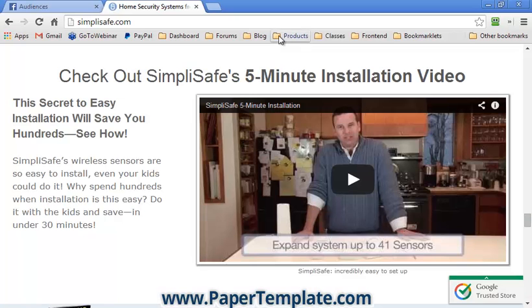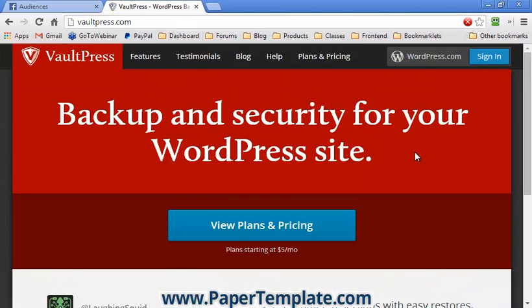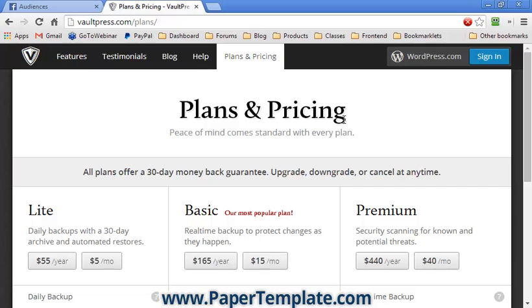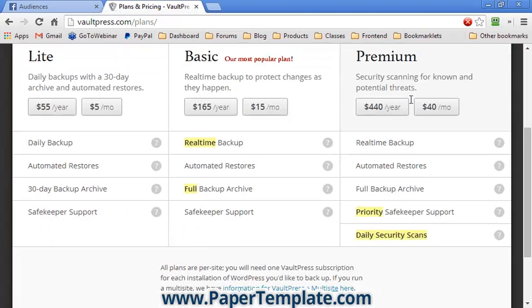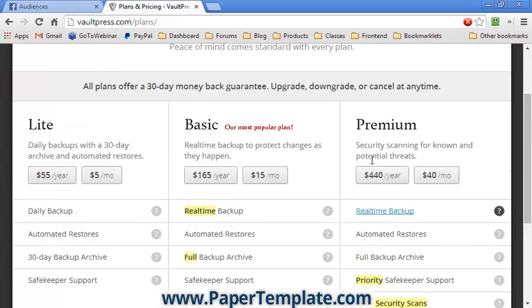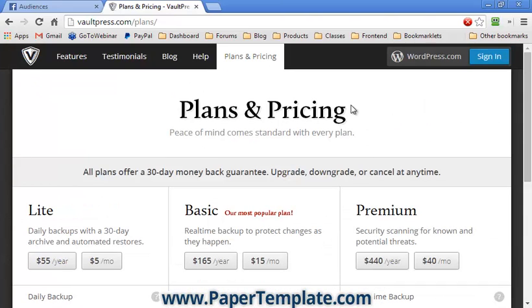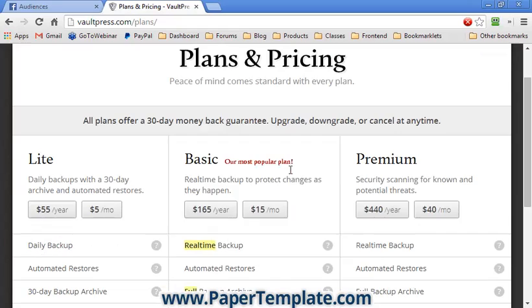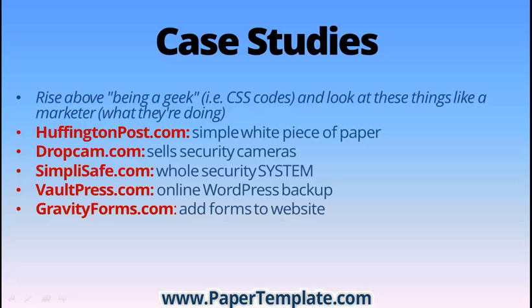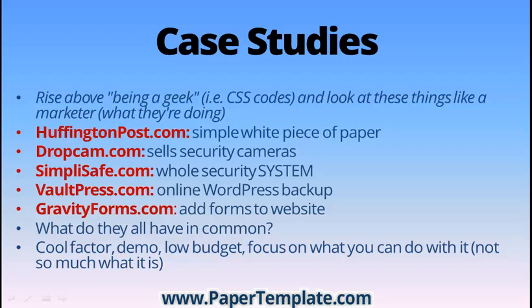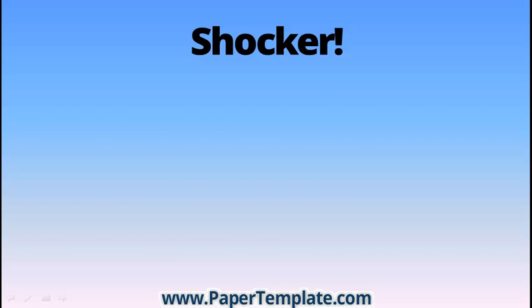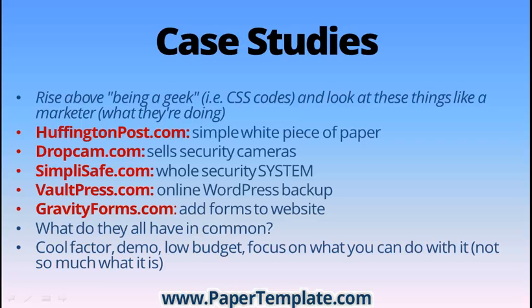And I can go on and on. There's this thing called WordPress, and they do WordPress backups, same kind of thing, right? There's less text, but for the most part, it's a plain white piece of paper. You scroll down, they might have different columns and things like that, but the whole point is to start at the top with some kind of headline to get you excited, and at the bottom, a thing to buy. So what they all have in common is a plain white piece of paper. They do some kind of a demo,